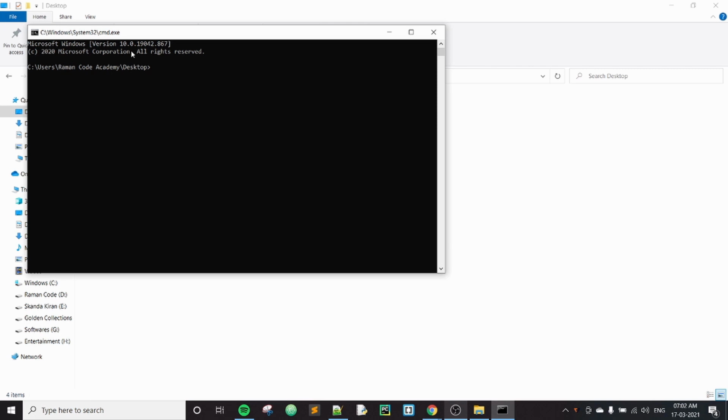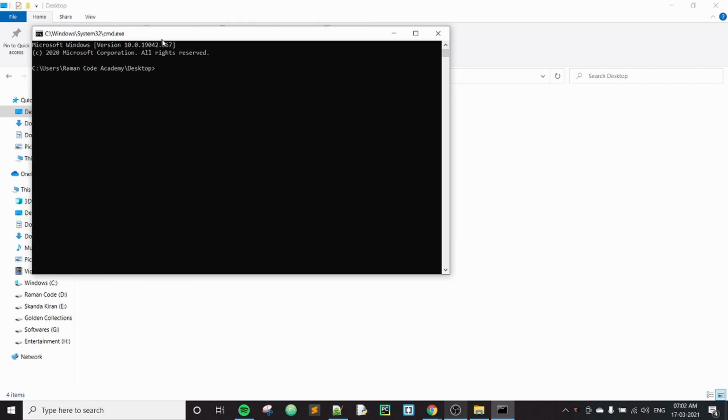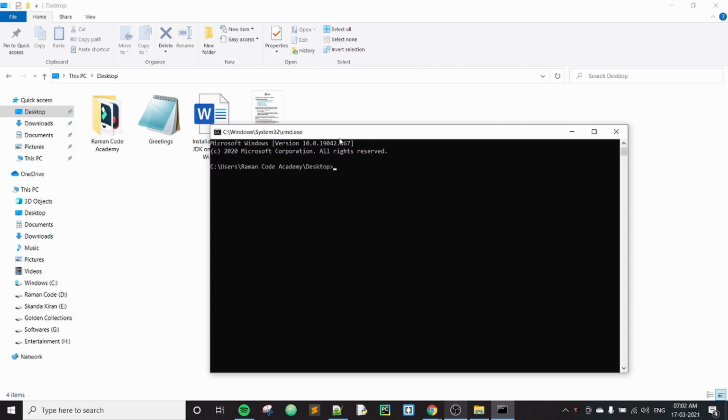The next step is, see, first we selected the editor, then we typed our program. Next, we saved our program with the extension .java. Now we are supposed to compile your program, and then we have to execute it.